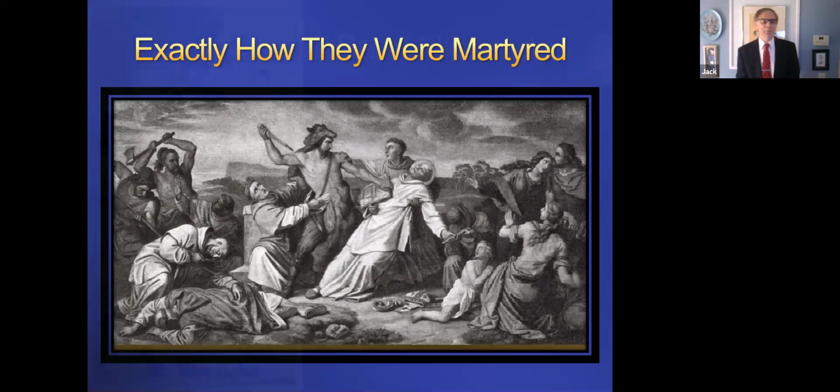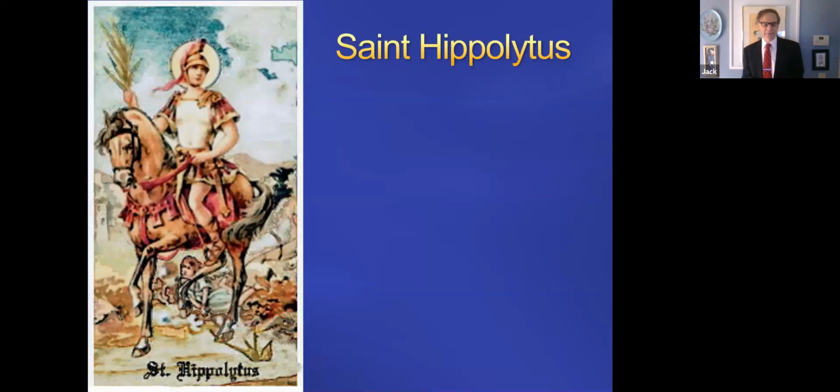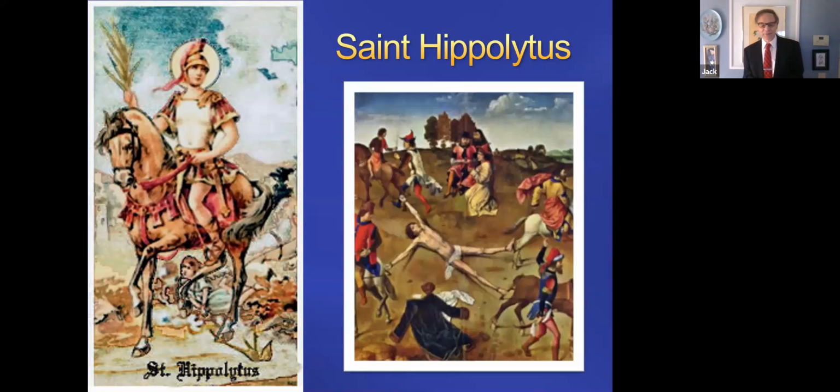So, for example, here's Saint Hippolytus. He's always pictured riding a horse. Now, Hippolytus never rode a horse in his life. He was always on foot, nothing to do with horses, but the way that he was martyred was he was drawn and quartered between 4 horses. So he's always pictured with a horse because that's the way that he met God. And this has become the code way of doing saints in terms of iconography.